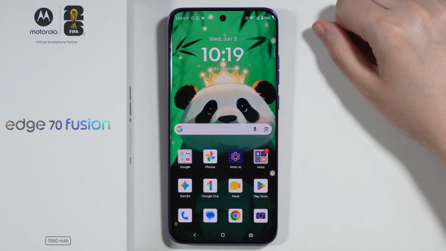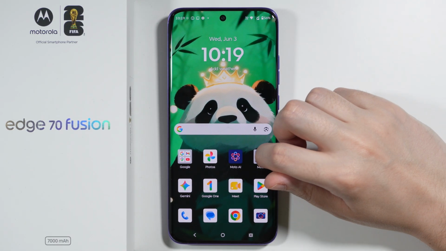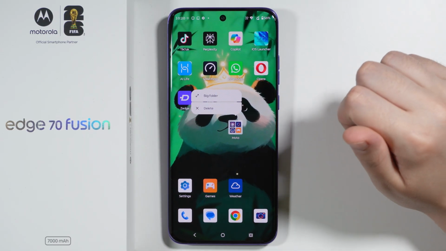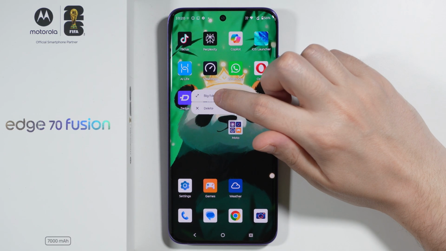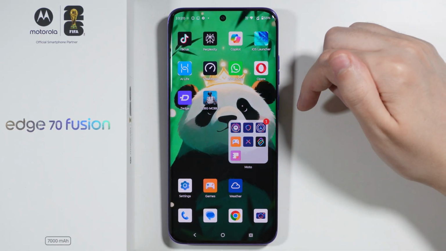If you want to customize a folder on the home screen on Motorola Edge 70 Fusion, what you can do is simply press and hold your finger on the folder that you want to customize, and then here we have the option to make the folder bigger. So we can choose big folder, and there we go, we now have a bigger folder that takes a little bit